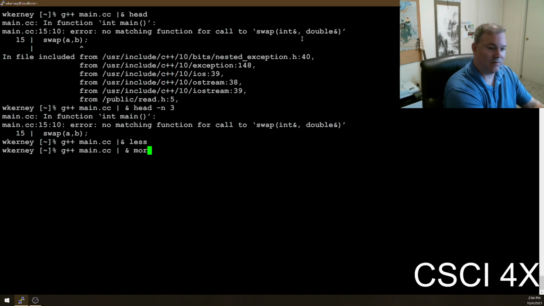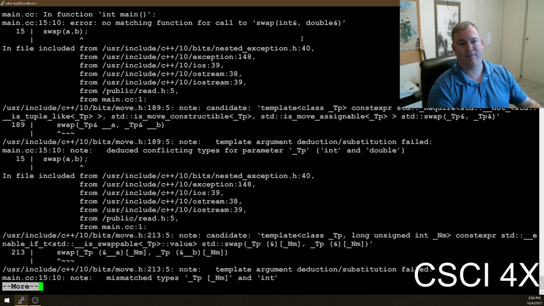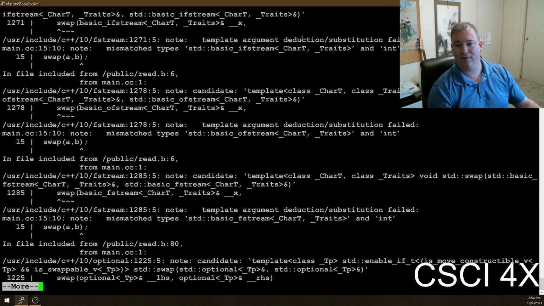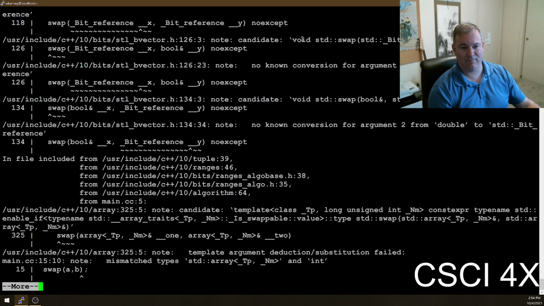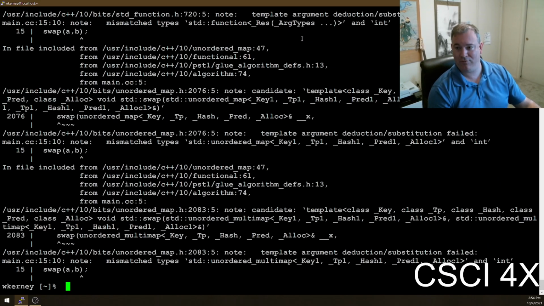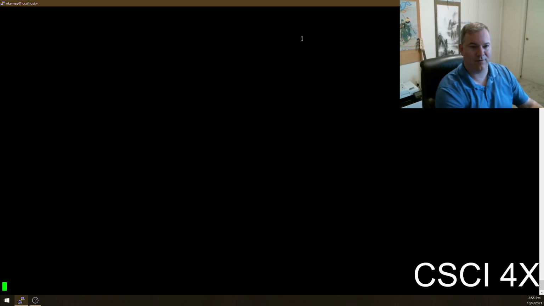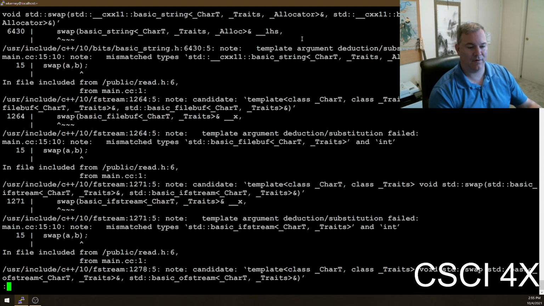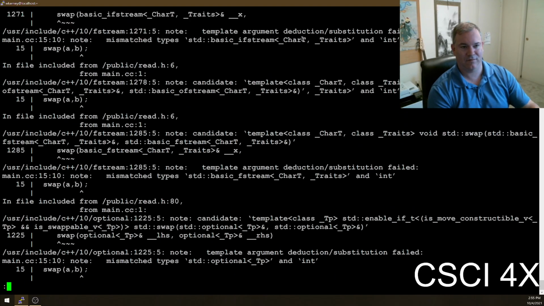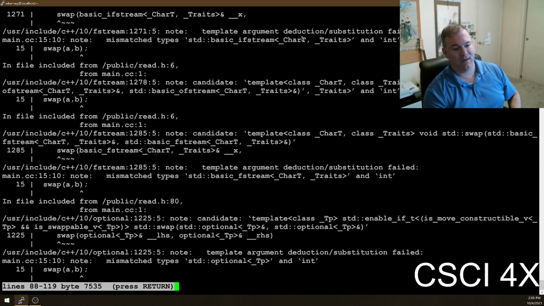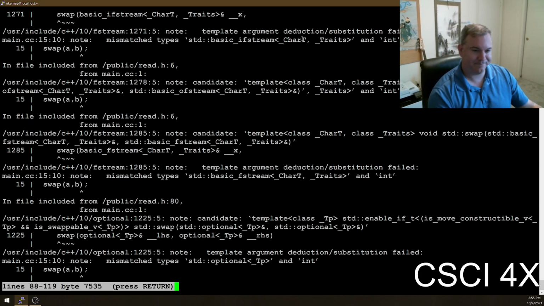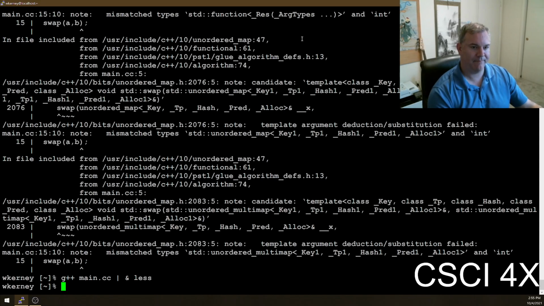If I pipe the results into more, I can hit space and it goes through one page of text at a time. More doesn't allow you to scroll back up though, so less is a little bit better. I can still hit space, but then I can scroll up, and you can hit Control G also in less, and it shows you how far you are and stuff like that.